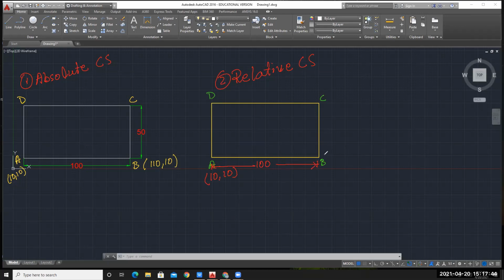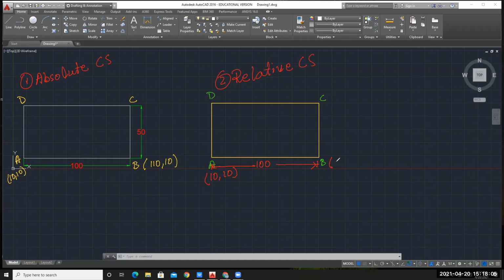Okay, so I will give the coordinate values of this point B relative to the previous one. Means if I want to give the coordinate of B, how much distance I have to travel in X direction from A to B?